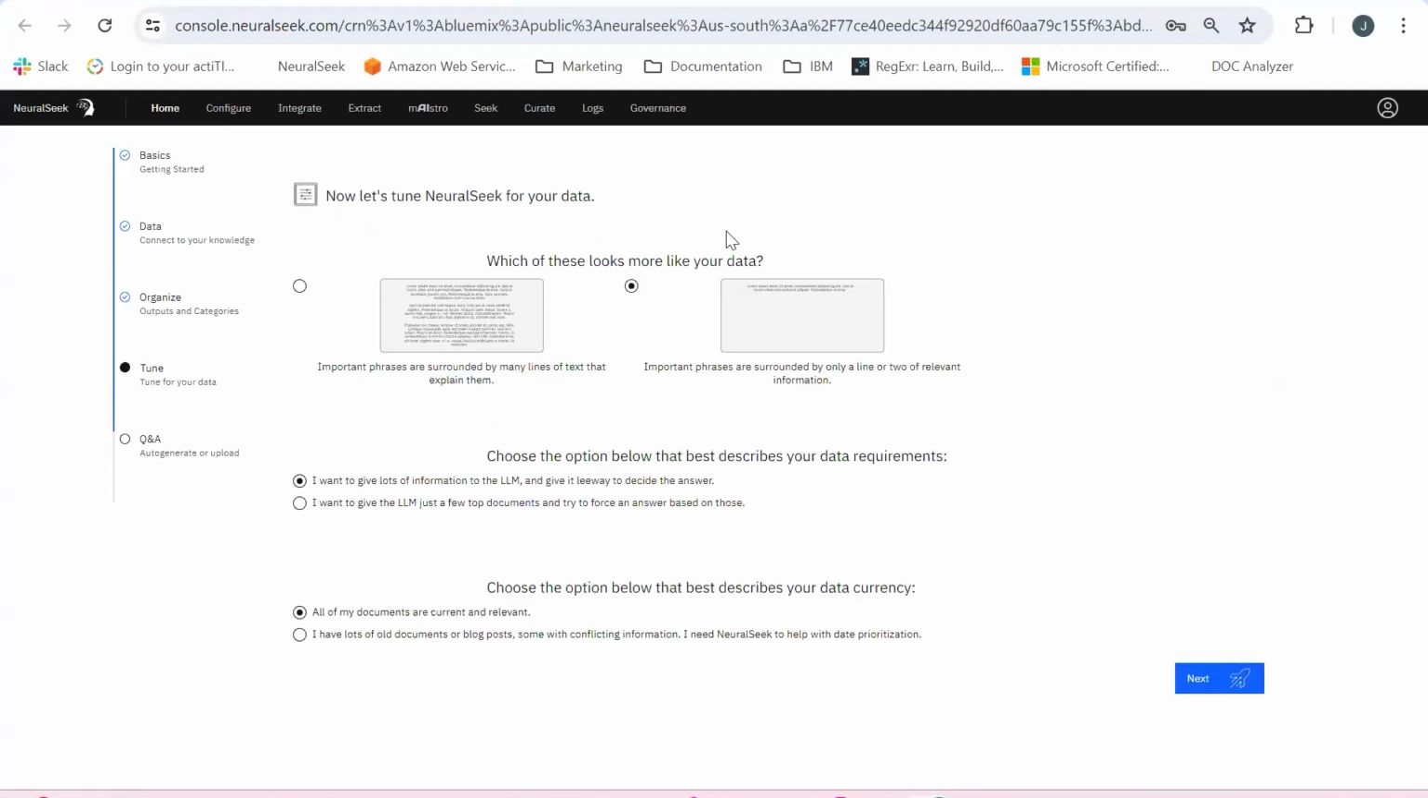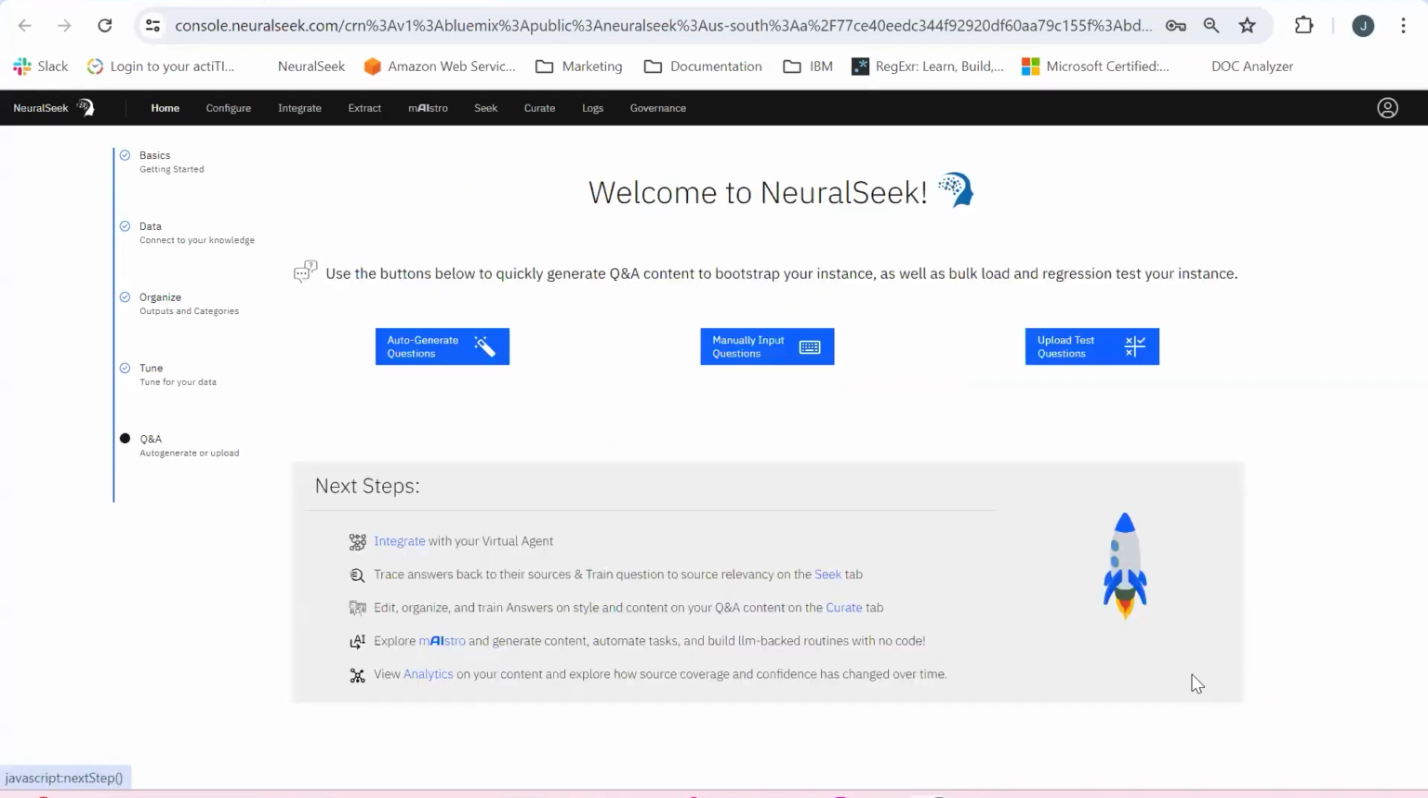And now I'm going to tune NeuralSeek for our data. Our first prompt here asks which of these sections look most like our data. I'm going to choose the one over on the left here, where it describes important phrases that are surrounded by many lines of text to explain them, as opposed to one or two lines of relevant information, because this is what most of our data that's connected to our knowledge base looks like. Down below, we're going to choose an option that also describes our data requirements. Would we want to give a lot of information to the large language model, or would we want to limit it to just a few of our top documents to force an answer from those? I'm going to stick with the top option here. And then below, describing our data currency, this is just asking if all of our documents are current and relevant, which they are, so I'm going to leave that selected. Or does our knowledge base contain some old, outdated information such as blog posts, and we need NeuralSeek to help with that date prioritization feature? So I click next to save my responses,